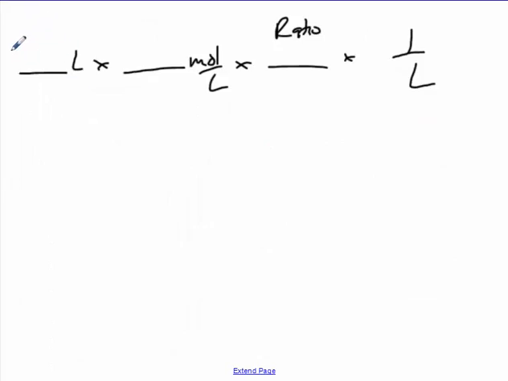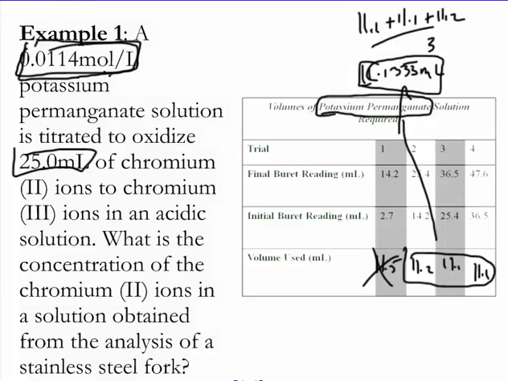And I'm actually going to cheat. I'm going to use 11.13. I'm going to use milliliters right here. And I'll show you why I can cheat with that in a second here. The next number I need is, this is, by the way, of the potassium permanganate, so I should throw that down there. Then I need its concentration, which is 0.0114